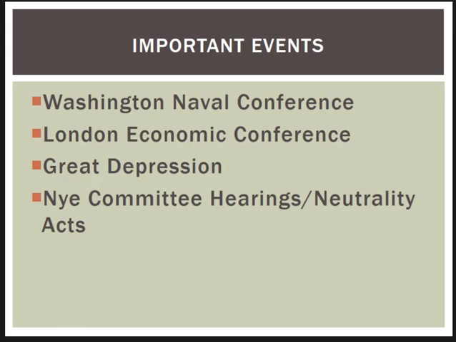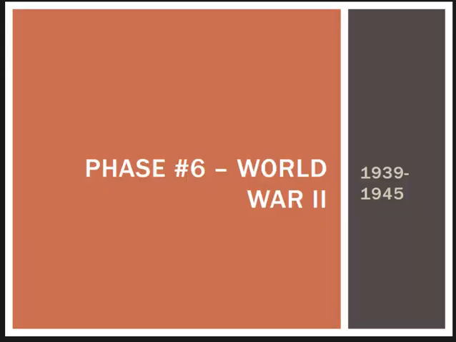And basically they are investigating how we got into World War I. Why they are investigating the events of 1917 in 1935 is questionable, but nonetheless what comes out of it are a series of laws by which the United States will, by law, not make the mistakes in the belief of the Nye Committee that drew us into World War I. Unfortunately, they were totally ineffective in terms of keeping us out of phase number 6, which is